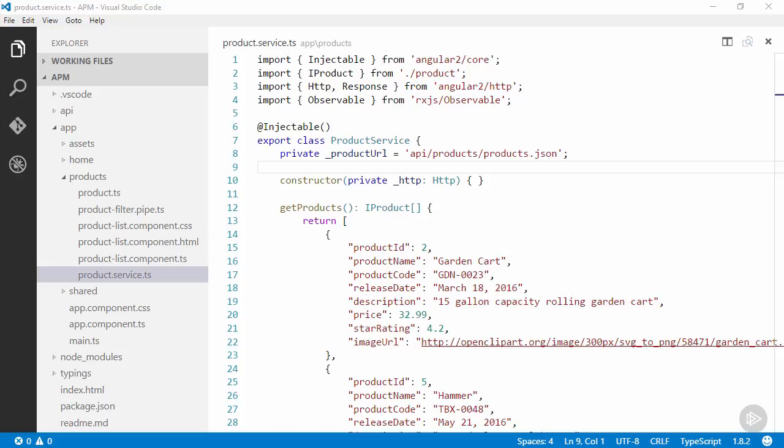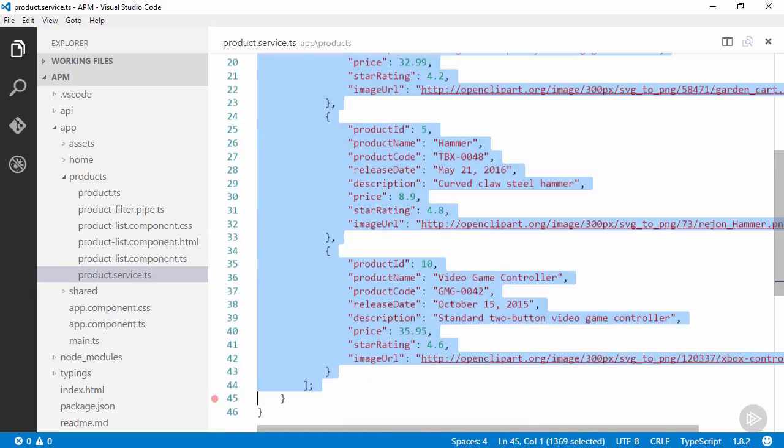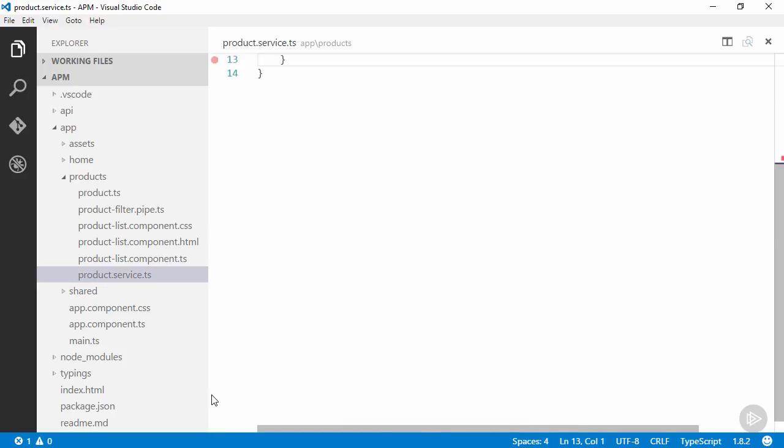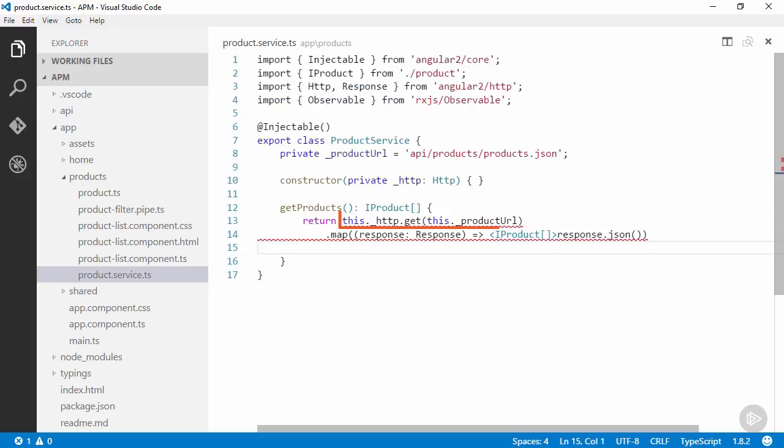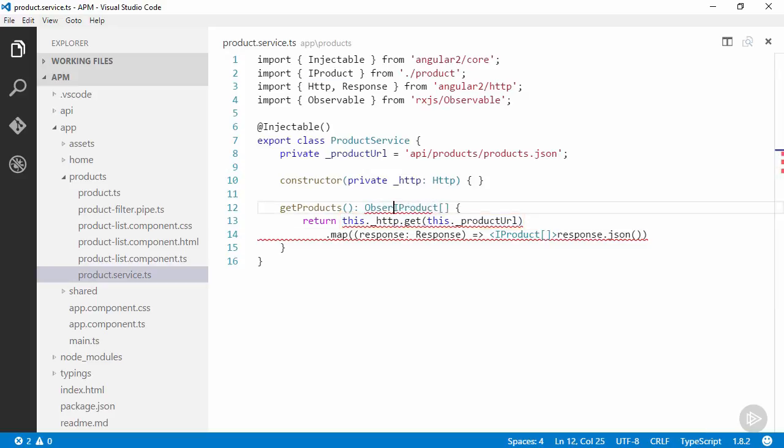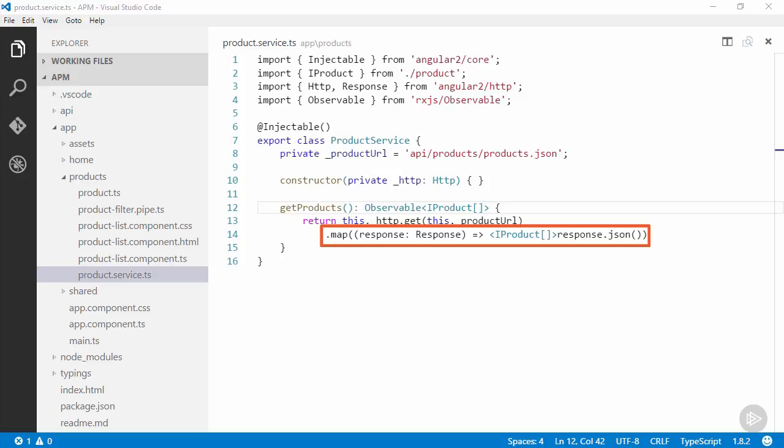It's finally time to delete our hard-coded data. So let's delete the hard-coded products from the getProducts method. Gone. We'll call the HTTP GET method here instead, passing in the defined URL. We'll need to change the return type as well. Now this method returns an Observable of IProduct array. When we get a response back, we use the map operator to map the HTTP response to a product array